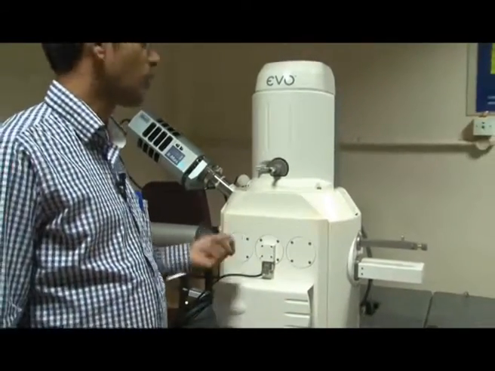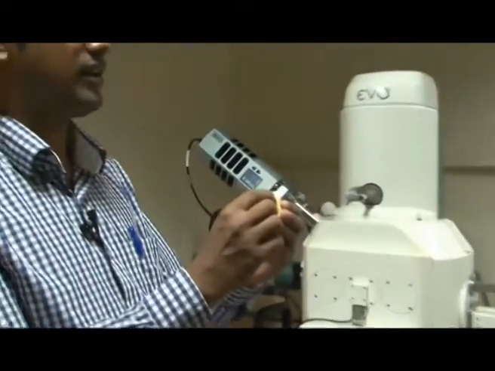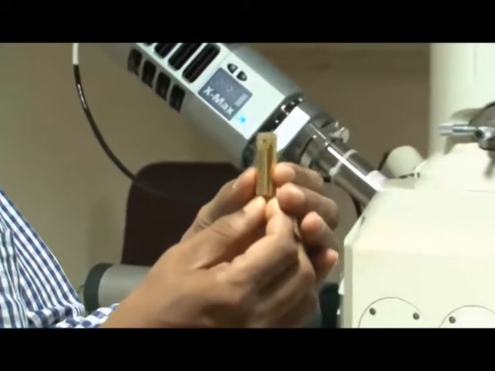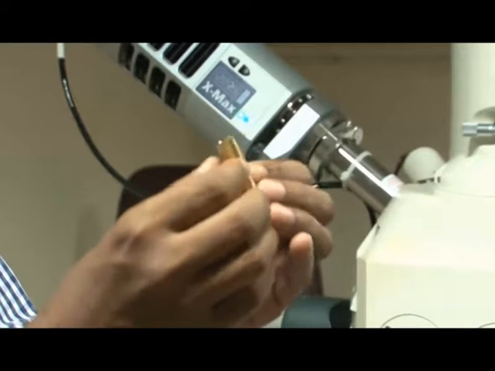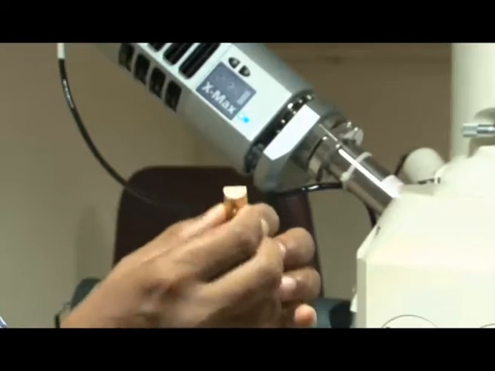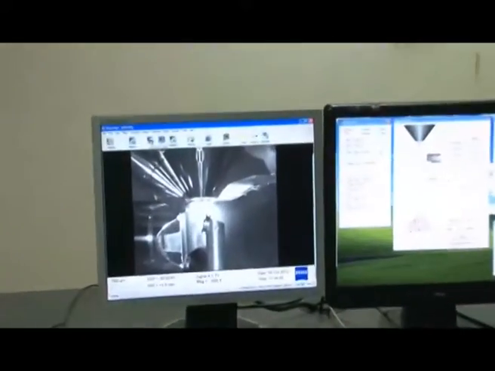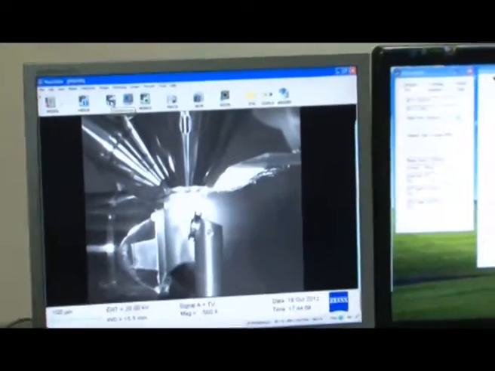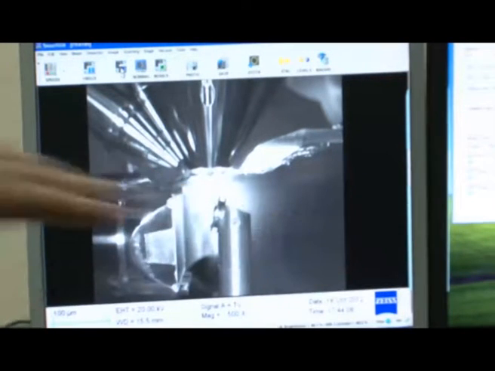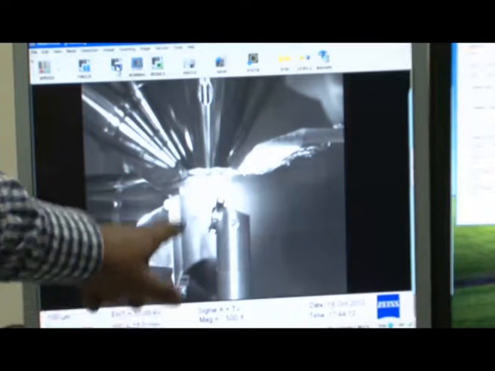After we load it, the sample is mounted on this kind of holder, where you can see there is automatic tilt. So, you do not need to tilt it. Nowadays this kind of holder is available. The sample will remain tilted in this position at about 65 to 75 degrees. If I show you what is inside, you can see that this is a sample holder and the sample is mounted here, which is automatically tilted with respect to the horizontal by 65 to 75 degrees, and this is the phosphor screen